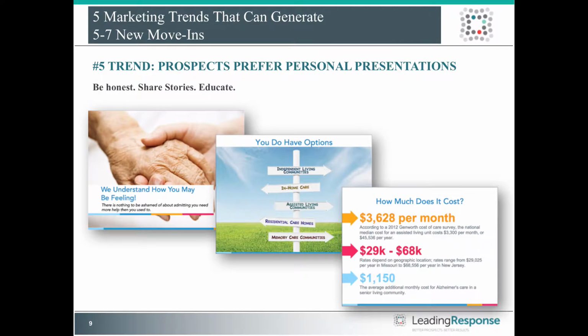At the end of the day, we all have great amenities in our communities. You know, the brick and mortar is certainly important, but you really want to be able to educate and focus people about what they can expect for quality of life for their loved one. Talking about the culture of the community, the residents, the caregivers, that's really where the rubber meets the road for